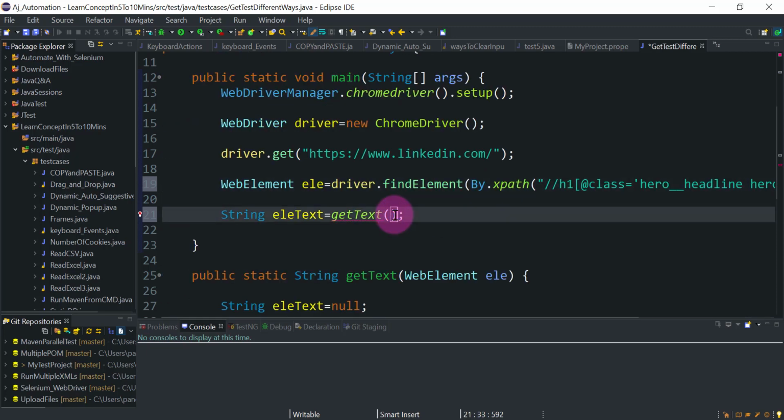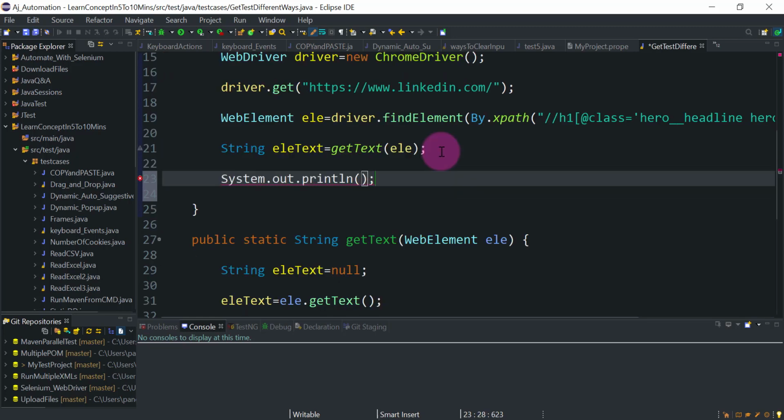So you have to pass this web element here, ele. So here we will just print the value, text value is, and here we will print the value, so element text.